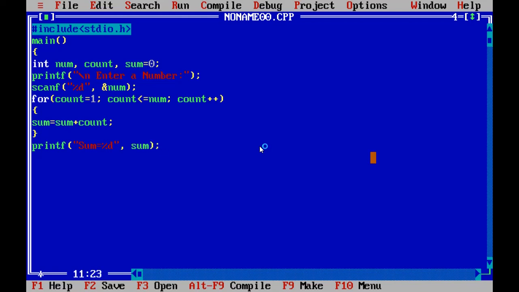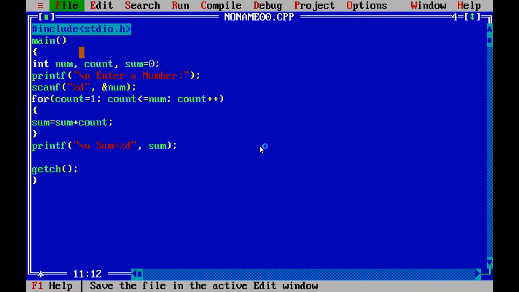This is the program. I am using getch for displaying the output. Here we use backslash n.